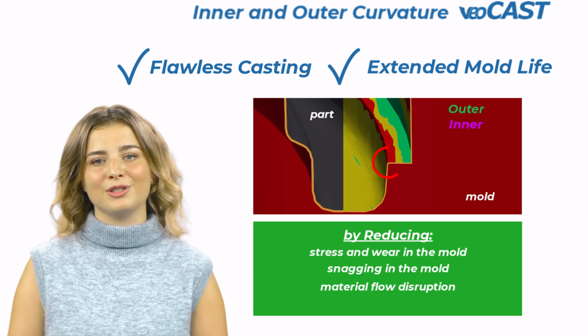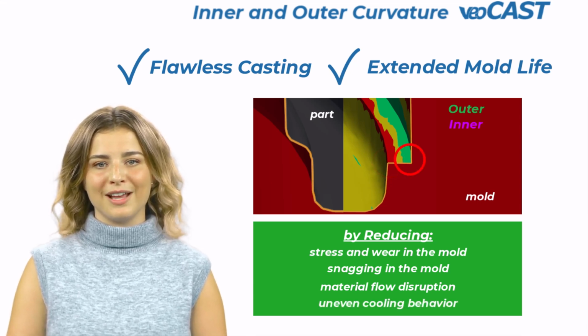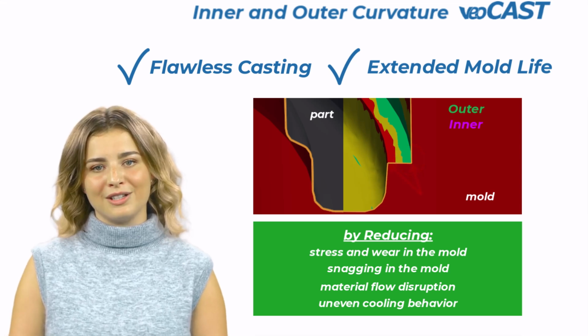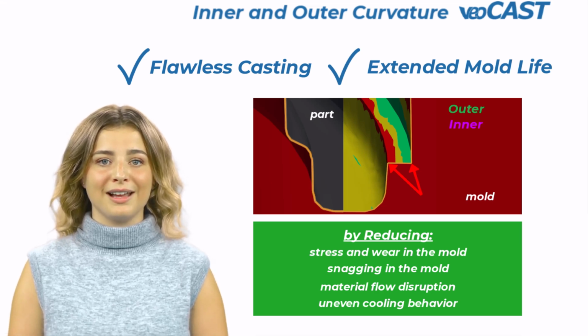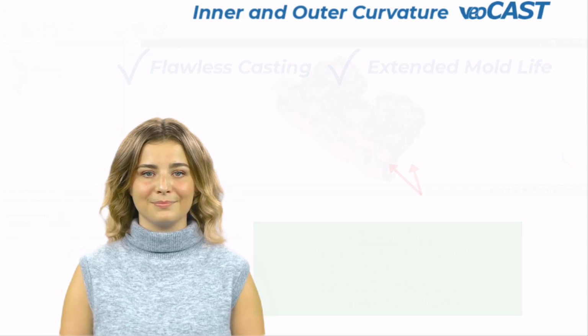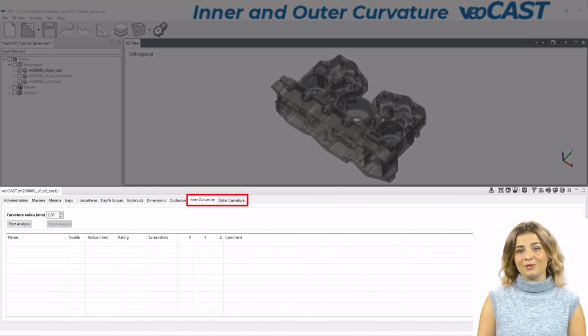Internal edges tend to cool slower compared to surrounding areas, while external edges cool faster. The sharper the edge, the more pronounced these cooling disparities are, leading to issues like warpage, distortion, porosity, and microstructural defects. In veoCAST, both the Inner Curvature tab and the Outer Curvature tab are designed for intuitive use, sharing the